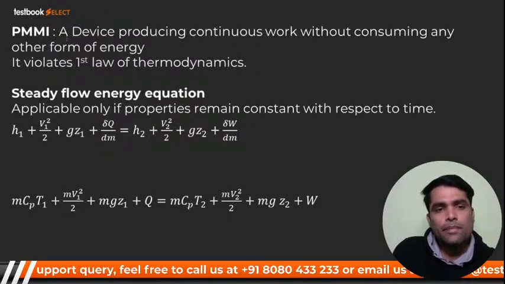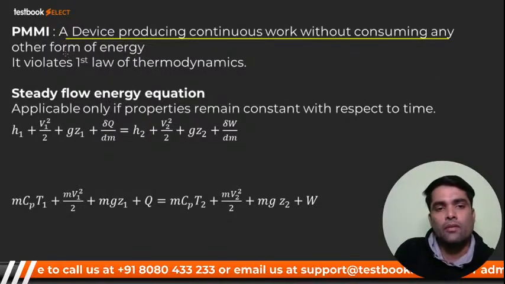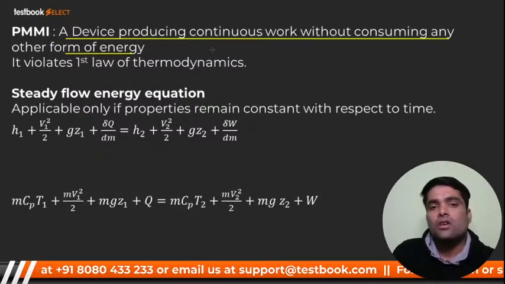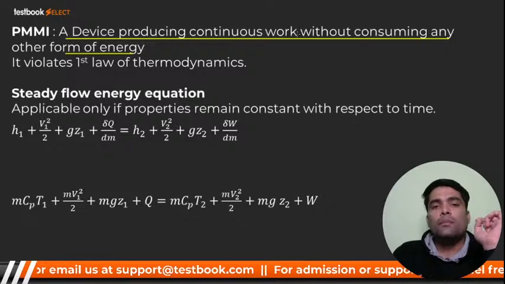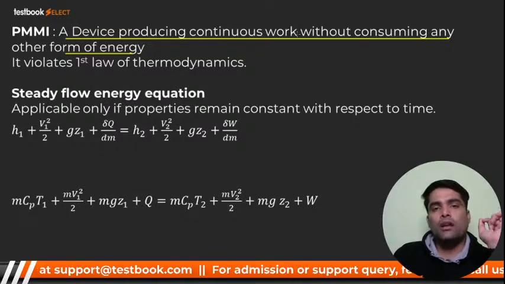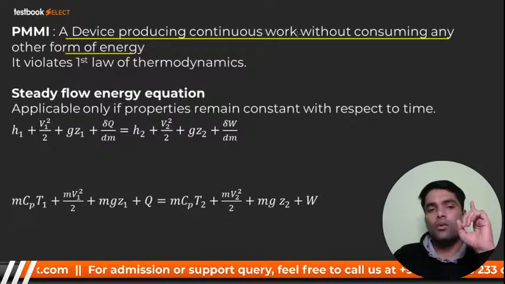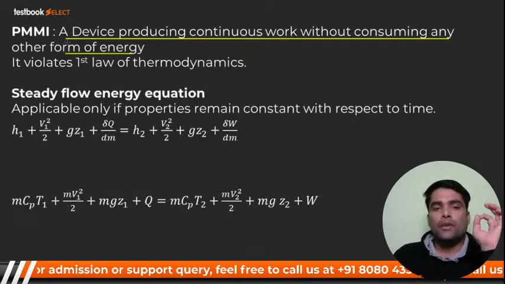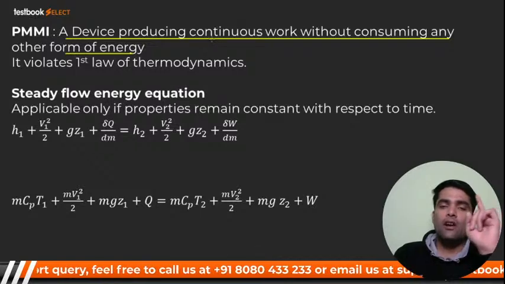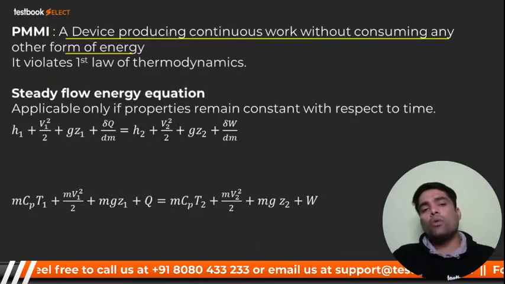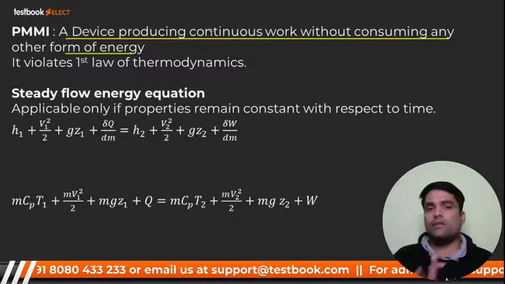See here, PMM1, a device producing continuous work without consuming any other form of energy. क्या बोल रहा है, डिवाइस जो प्रोड्यूस करेगा कंटिन्यूअस वर्क विदाउट, PMM1 what means what my dear, perpetual motion machine of first kind, पहली टाइप का। वो क्या बोलता है, विदाउट इनपुट यू कैन गेटिंग कंटिन्यूअस वर्क आउटपुट, ऐसा पॉसिबल नहीं है।